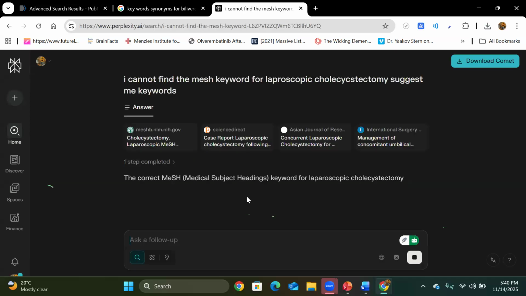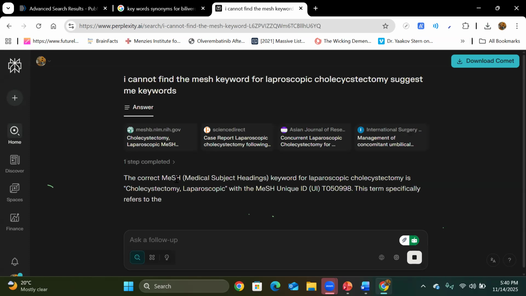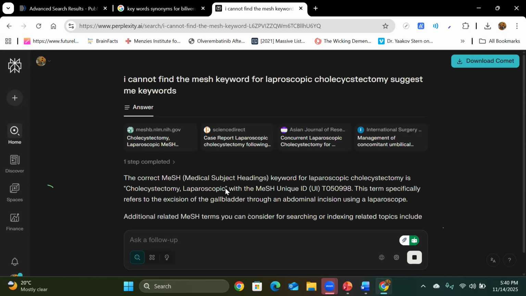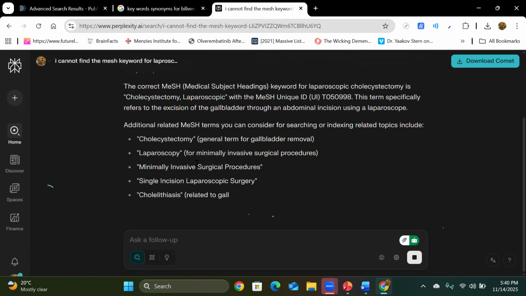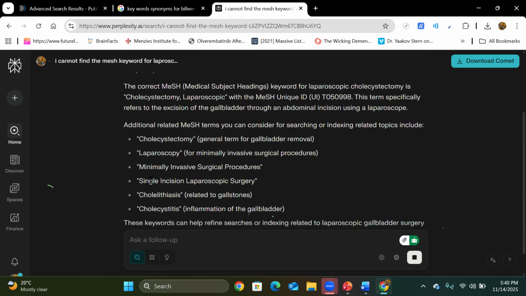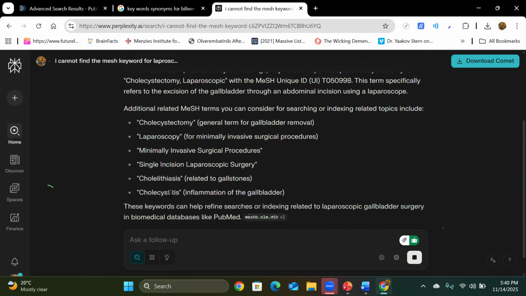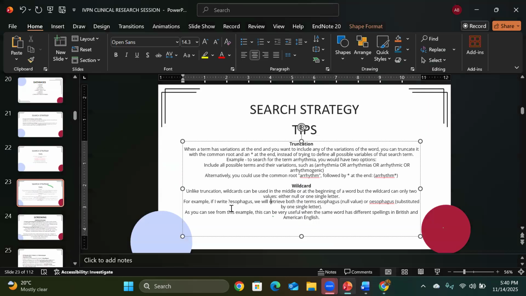It is saying there is a keyword for laparoscopic, but it is also suggesting other terms: you can use minimal invasive surgery, single incision, cholelithiasis, cholecystitis, all those words. So you have to keep your synonyms as open as you can. So this was about making your search strategy.